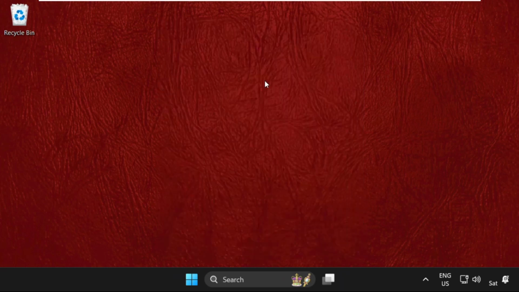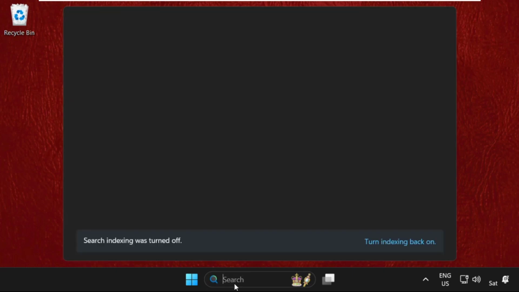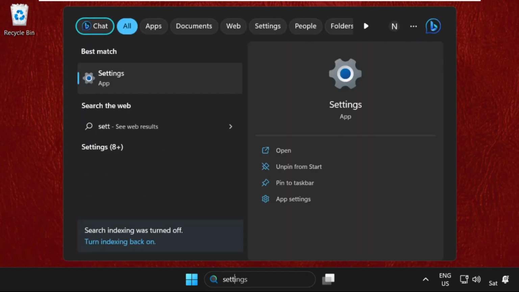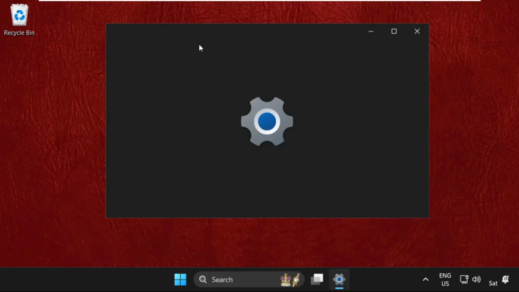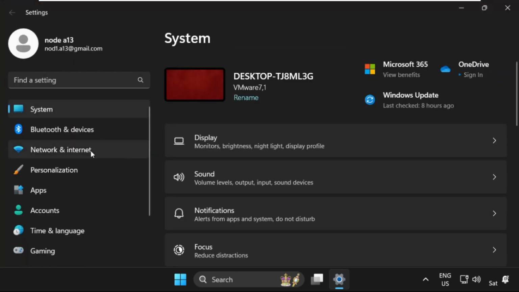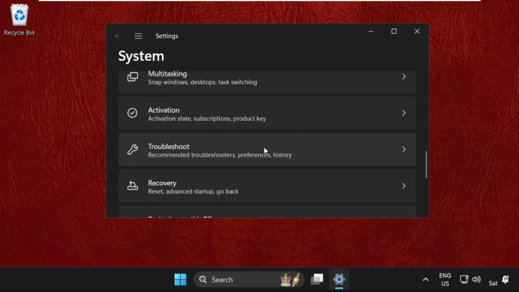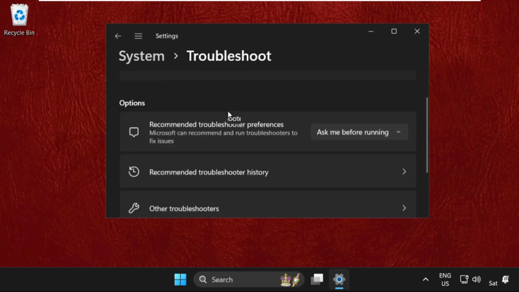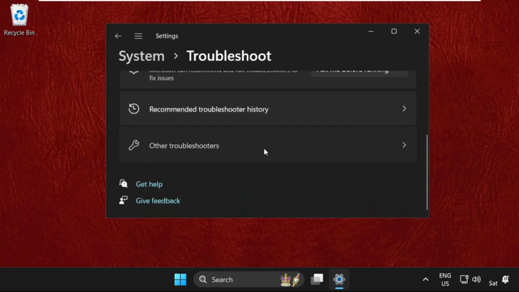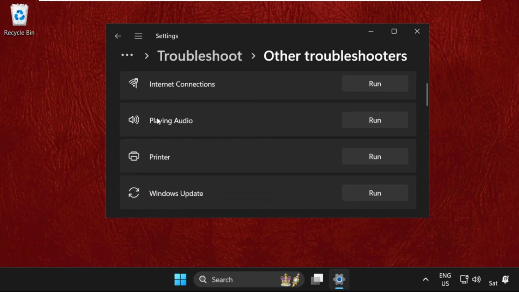Now close this window. Now go to settings, open settings, then from the system tab just scroll down and find troubleshoot. So click here to open it, then scroll down and click on other troubleshooters, and from playing audio select